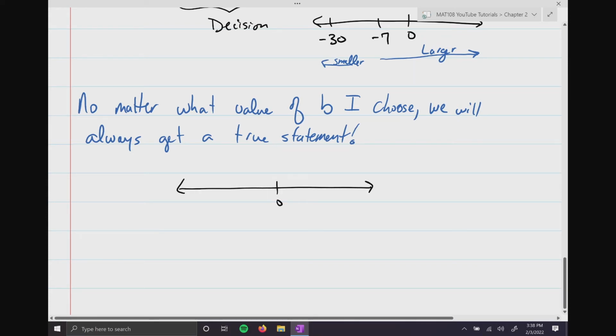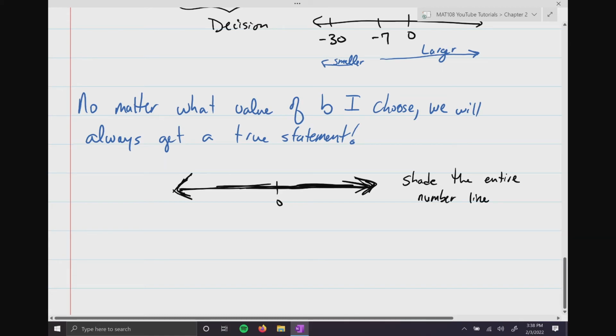Well, if you think about it, no matter what value of B you choose, you will always get a true statement, which means you could pick values on the right of 0. So I can shade to the right. I can also shade to the left. In other words, you shade the entire number line,